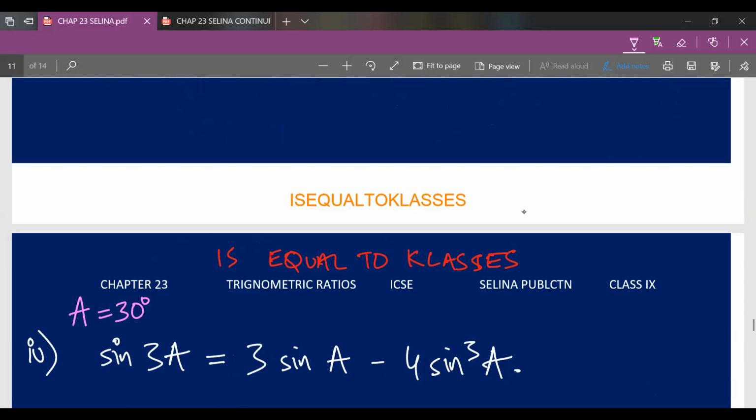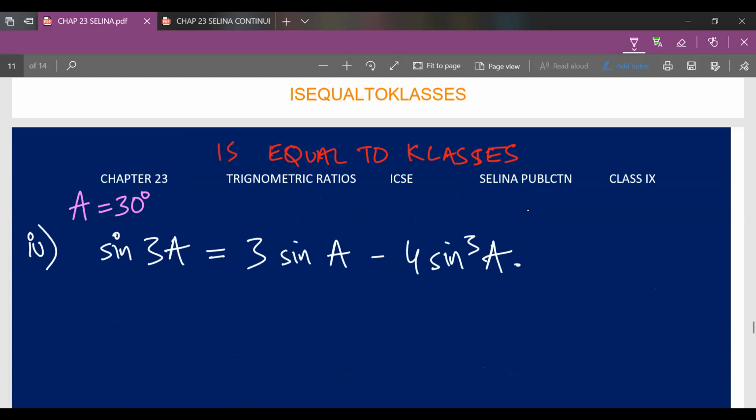Is it the last question? Okay, this is the last question, so don't worry. So over here, again, the math gods or the author of the book has had mercy on us, so therefore they have given us only two sides. So therefore sin 3A, now over here sin 3A means sin 3 into 30 degree, which will be 90 degree. So sin 90 degree is equal to 3 sin A, which will be 3.